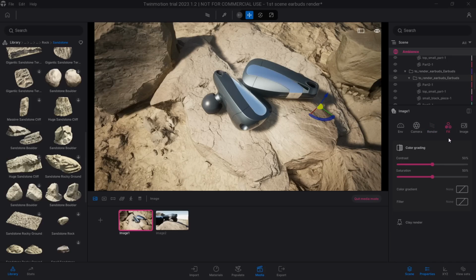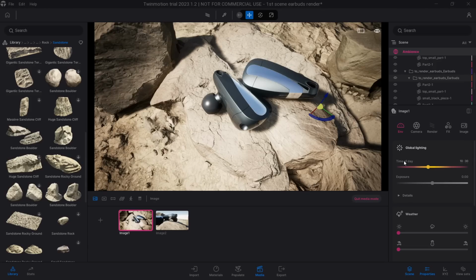Right, and let's see what do we have in effects. We have some filter saturation. Maybe we can try a bit of saturation, or maybe a little bit less saturation. Yeah, I like less saturation and a little bit of contrast. Yeah, good. Now let's go to the environment